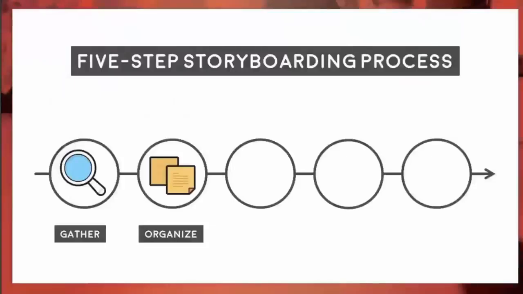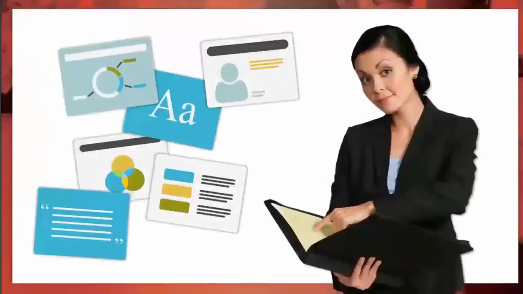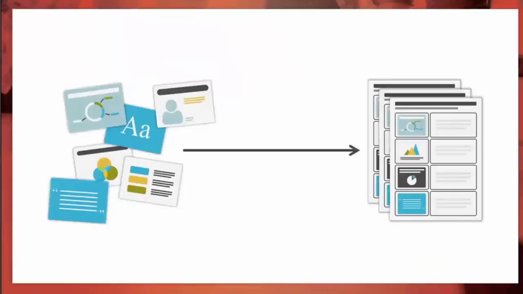So the first step is gathering your content. The second step, and I said earlier I was going to take back what I said about gathering being the most frustrating part, is organizing your content, which I will say can be the most frustrating part. The thing about organizing content is you get all of this content from your subject matter experts through your research. You have all of this content. And the struggle is how do you take all of this content and get it into a storyboard?